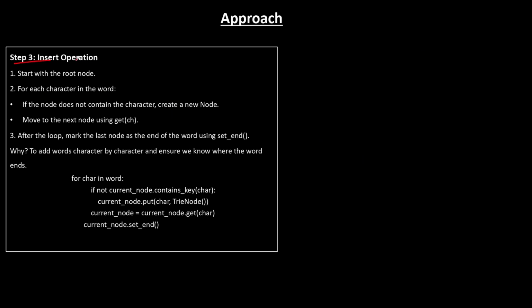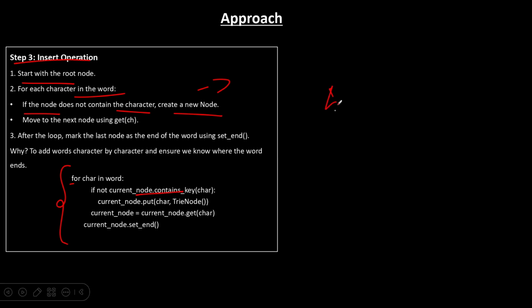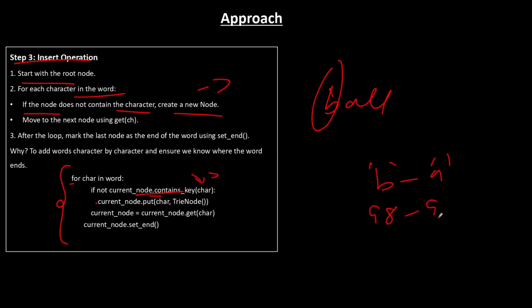Now step 3 is the insert operation. We will start with the root node, as we saw earlier. For each character in the word, if the node does not contain the character, create a new node. What function will it use? containsKey. If you can clearly observe the code here, we are iterating over a word, suppose ball, and we're at B. If not, we will call this function by passing B. What will happen? B minus A, right? If you remember clearly, it's 98 minus 97 gives me 1. So in that particular node,